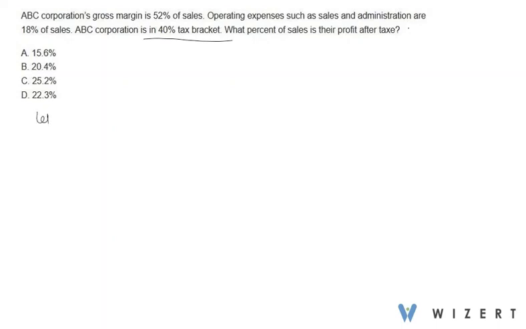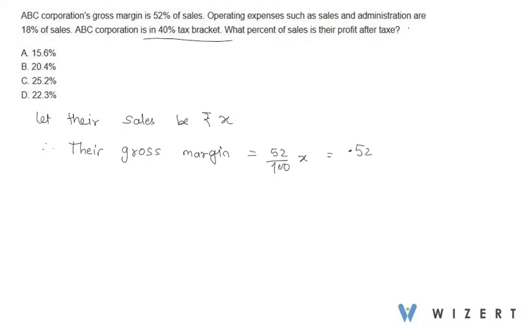Now let their sales be X rupees. Therefore, their gross margin will be 52 by 100 x, which is 0.52x